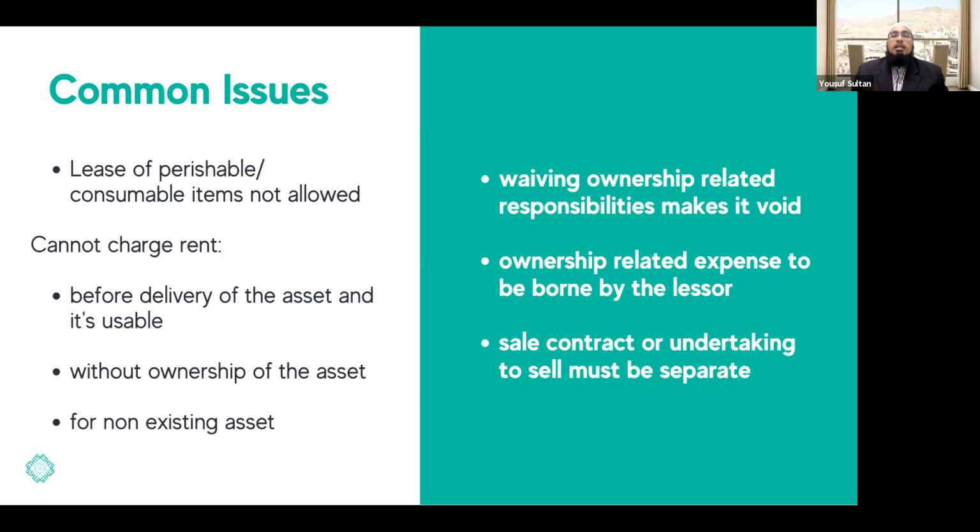The second condition is that each contract, since it is separate, has to individually fulfill the requirements of Sharia for that particular contract. So if we say it's a sale and purchase and Ijara, there are two contracts. Then Ijara has to fulfill all the conditions of Ijara, and the sale contract has to fulfill all the conditions of sale. If it's Musharaka and Ijara, the Musharaka has to fulfill all the conditions of Musharaka, and then Ijara has to fulfill all the Sharia conditions of Ijara.